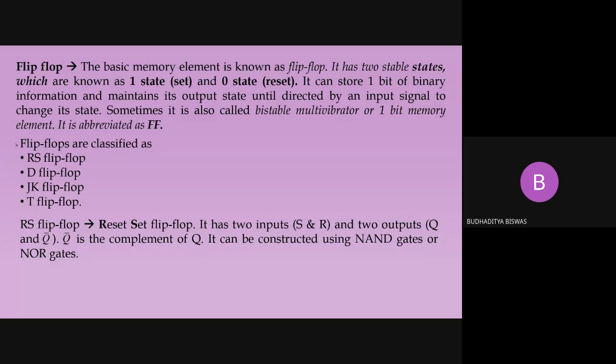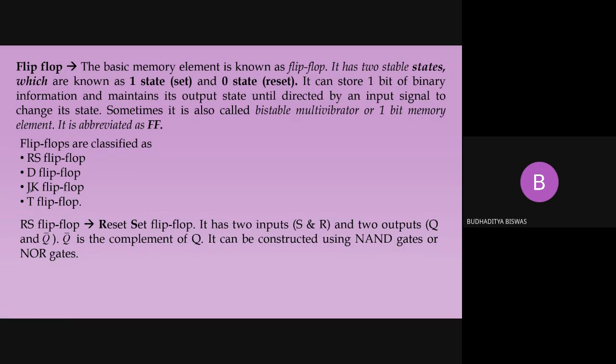Now there are 4 types of flip-flop. One is the RS flip-flop, D flip-flop, JK flip-flop, and T flip-flop. The RS flip-flop is called the reset set flip-flop. D means data flip-flop, T means toggle flip-flop, and JK flip-flop is named after inventors, J and K. I forgot the full form of this JK. If you just Google it, you can easily find the inventor's name. Otherwise, RS means reset set, D means data, T means toggle, JK means according to their inventor names.